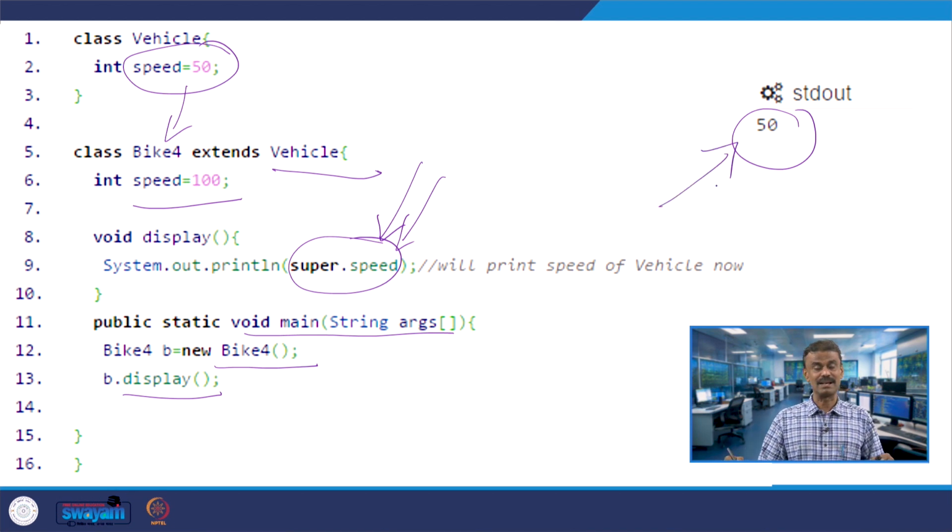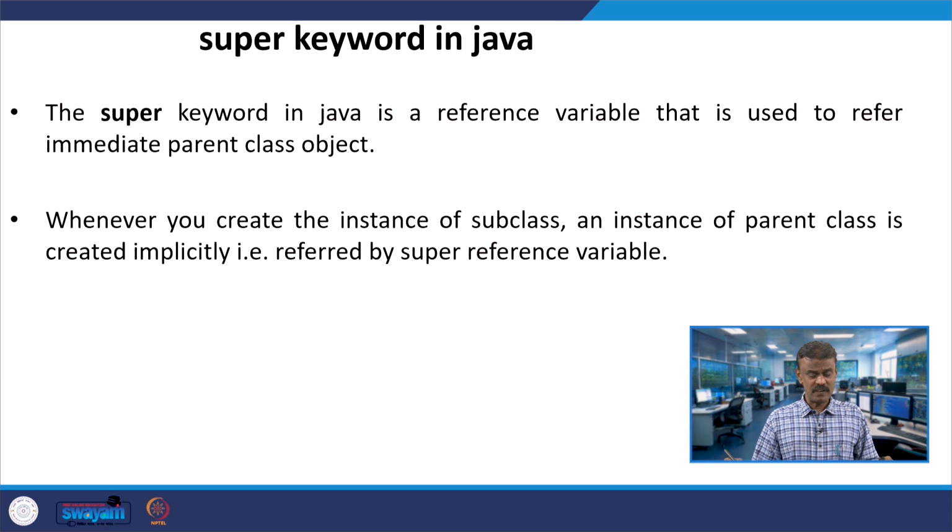That means, in the base class, or you can call it the super class, if you want to print the data member, this is the way to print. Now, first time we are seeing the word super. This keyword is nothing but a reference variable in Java, which is used to refer to the immediate parent class of the object.